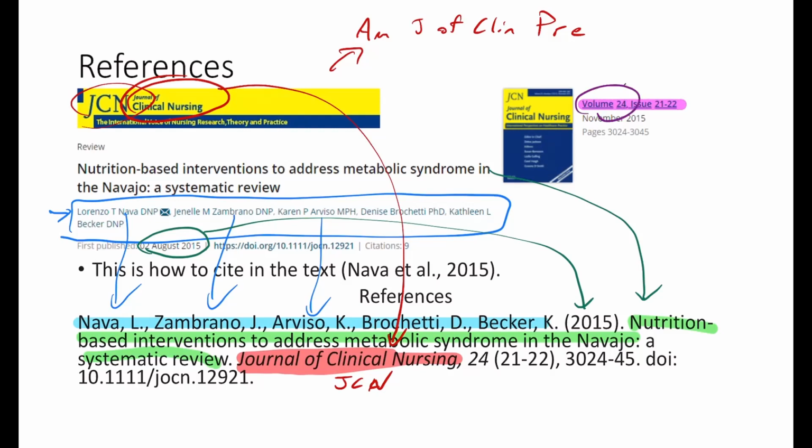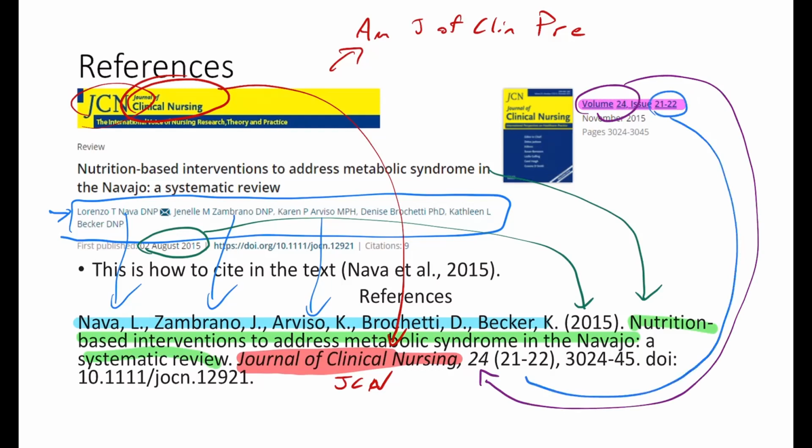So the volume is first here. The volume is still going to be in italics, and then in parentheses, you're going to write the issue number. I'll change colors for that. So the issue number, and that's going to come in parentheses right after the volume. And then the last thing that you're going to put is going to be the page numbers. And so the pages, you're going to put that right down there afterwards. So we've got the volume number, the issue number, and the page number.